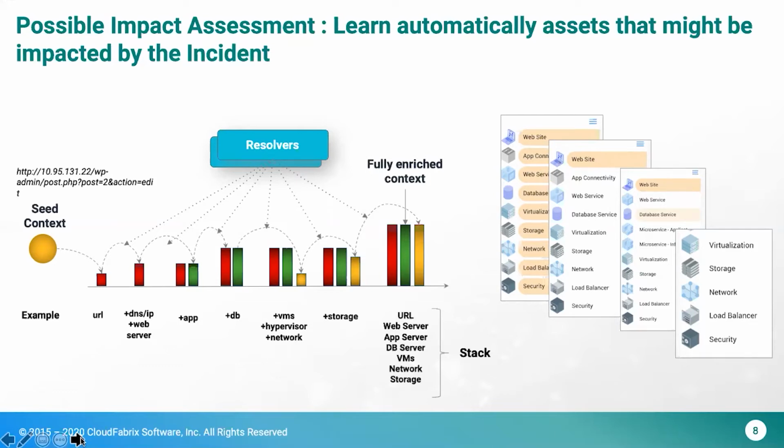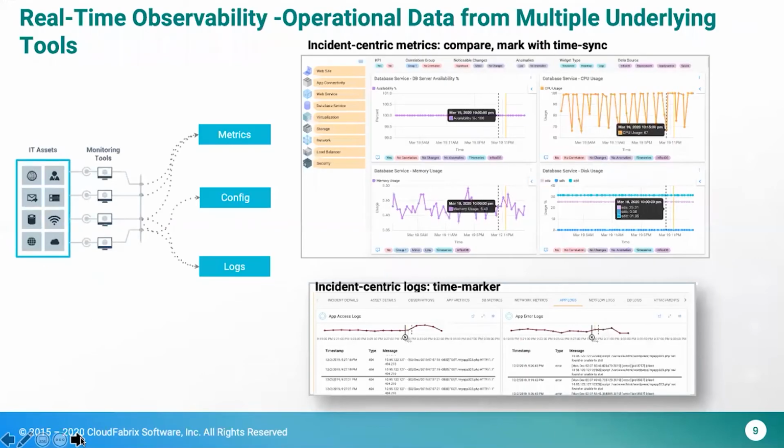So that is the second most important thing that has to happen as part of the incident analysis. And then once I understand all the impacted elements, now I should be able to look at the time of incident, or probably an hour or 2 hours before and an hour or 2 hours after, depending upon when the incident happened and when the engineer is looking at it. I need to be able to pull all the observation data.